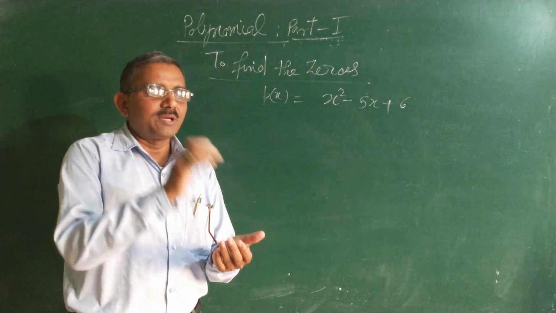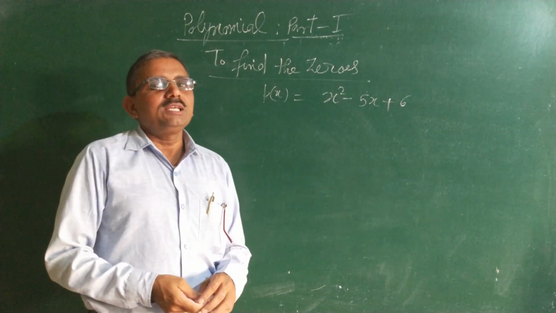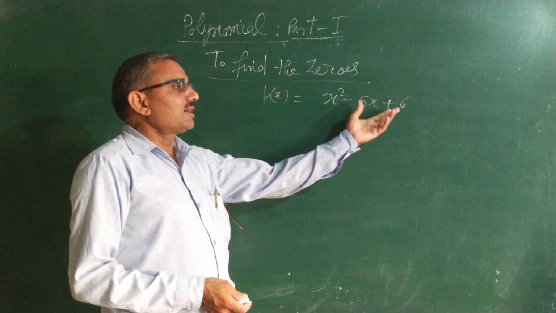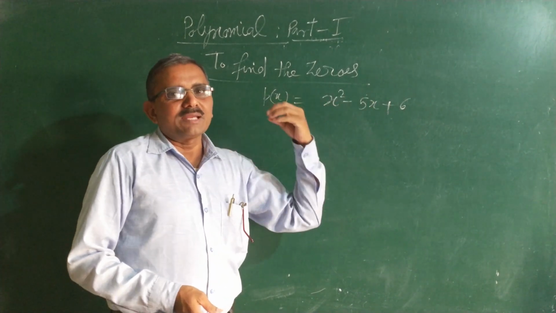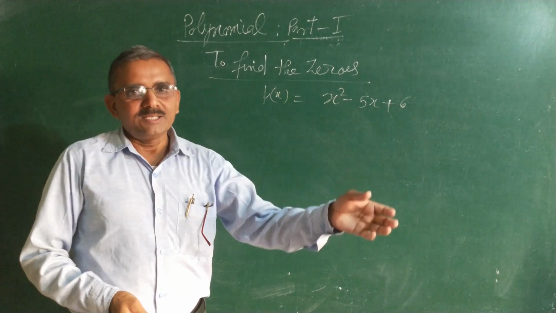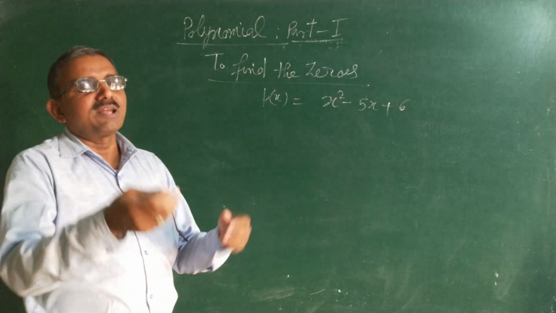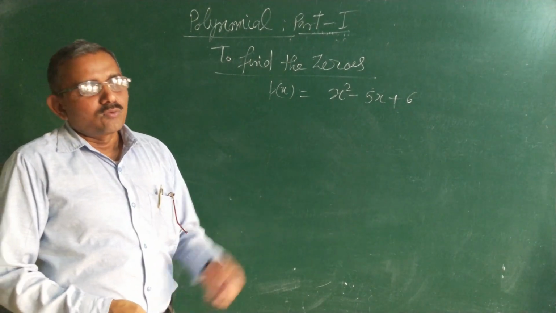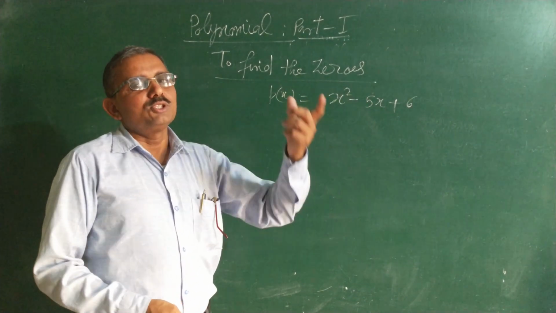Then whatever values of the variable we receive, those values are said to be zeros of the polynomial. हम दिए गए पॉलिनोमियल को पहला काम होगा फैक्टराइज करें। फैक्टराइज करने पर जितने भी फैक्टर मिलेंगे उन सभी फैक्टर को इक्वल टू 0 करें, और इक्वल टू 0 करने पर जो x के मान आएंगे, या वेरिएबल अगर y में है तो y के जो मान आएंगे, वह सभी मान इस दिए गए पॉलिनोमियल के जीरोस होंगे।